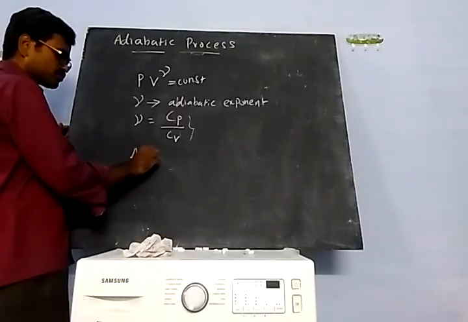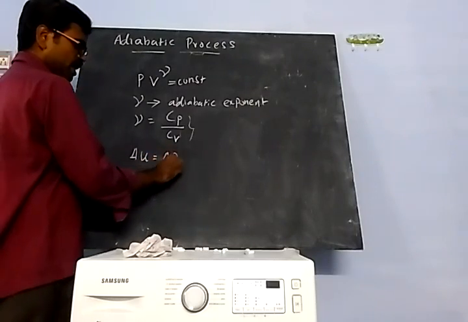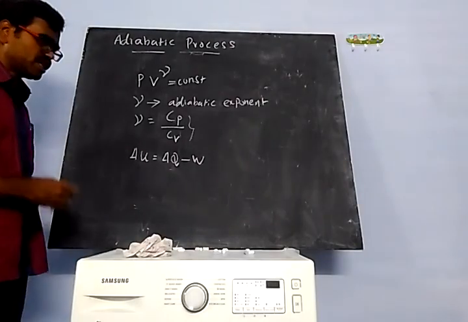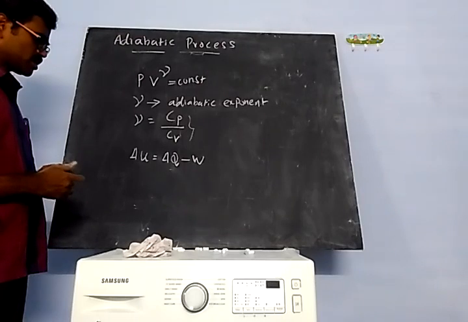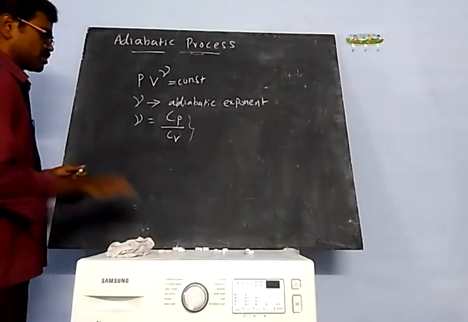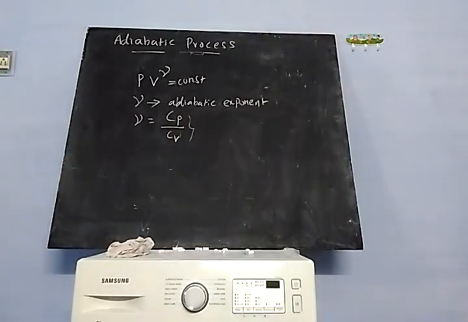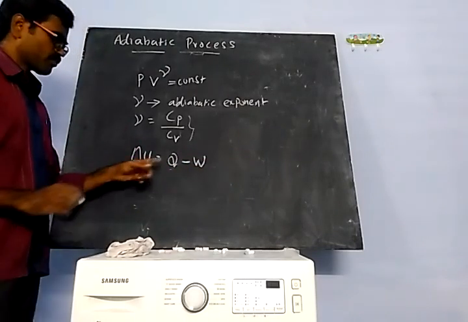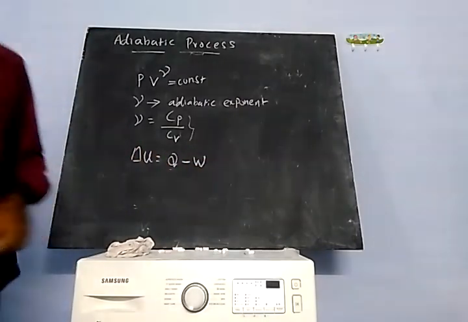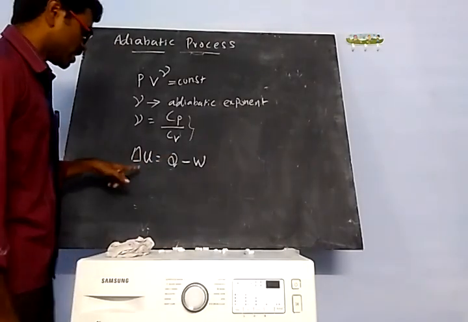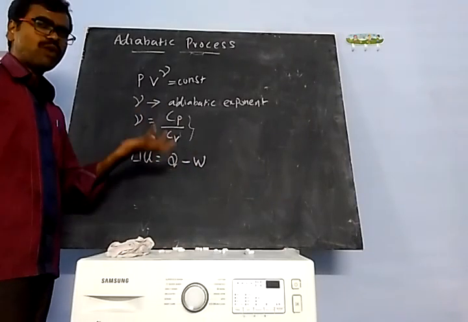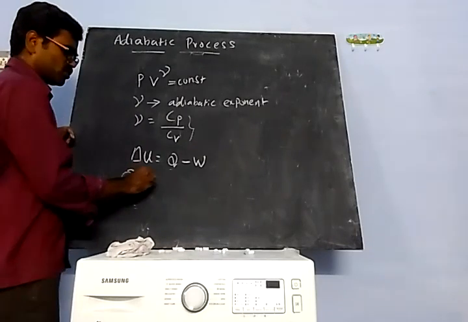Del U is equal to Q minus W. Del U is the internal energy, Q is the quantity of heat energy supplied, and W is the work done. So the quantity of heat energy supplied Q is equal to del U